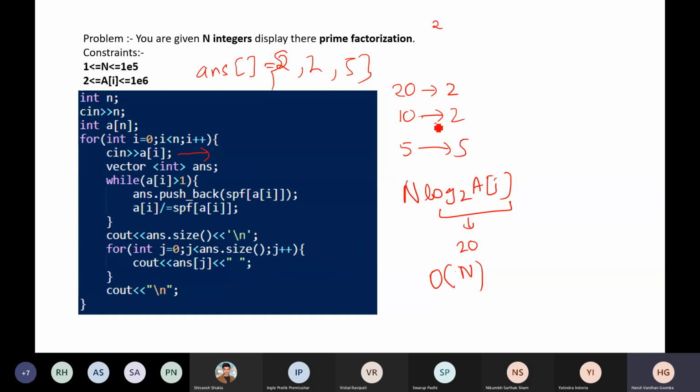That would have worked, but finding that one prime factor, how will you do that? That's my question. Basically, you are saying that for 20, I could have even used 5. From 5, I would have moved to 4, and from 4 to 2 to 1. I could have done this, but how can I find randomly that 5 is a prime factor of 20? That computation would have taken time. So we go for the smallest prime factor of each number.